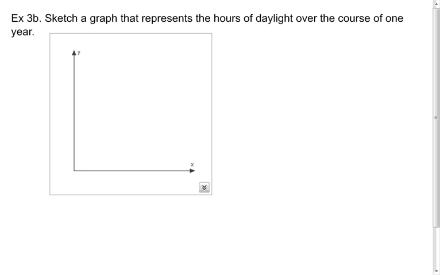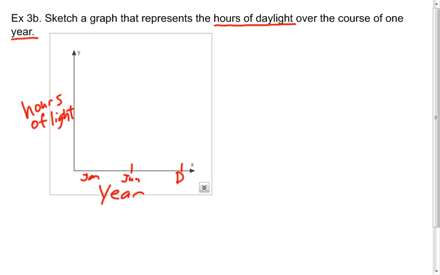Another example, 3b. Sketch a graph that represents the hours of daylight over the course of 1 year. So, we're talking about hours of daylight, and we're talking about a year. Now, those are both kind of times, but we're going to put the year stuff on the bottom. And we're going to put the hours of light up on the side, okay? So when I talk about the year, how do we divide the year up? We divide the year up into months, right? So we've got like January, February, March, April, May, June, July, August, and then December would be like over here,